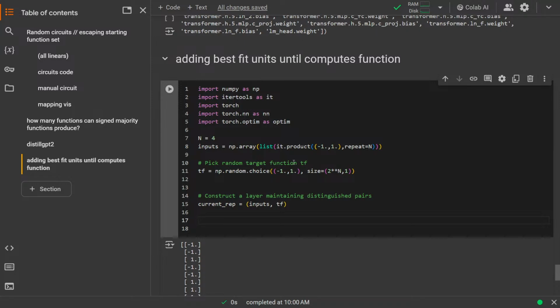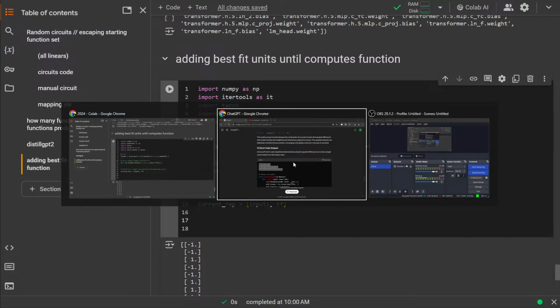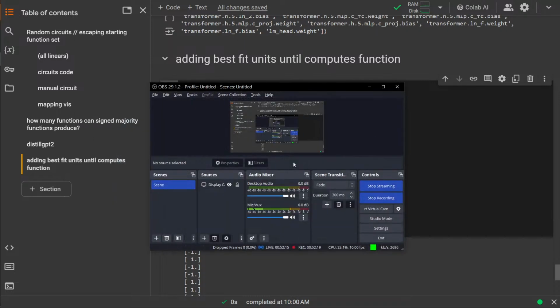But you could also do a hybrid thing. How long have I been going here? This is probably too long. Yeah, okay, that was like an hour. Yeah, we will continue this